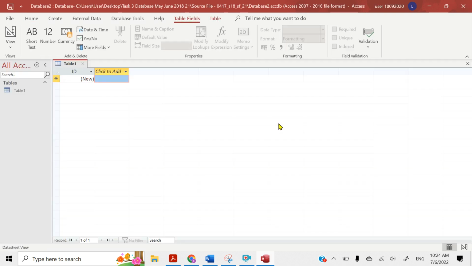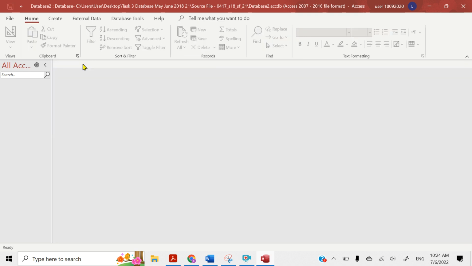There we go. Alright, now let me close Table 1 because we are not using this table, we are using the existing table. So close this. Automatically it is also closed in the navigation pane. Alright, now